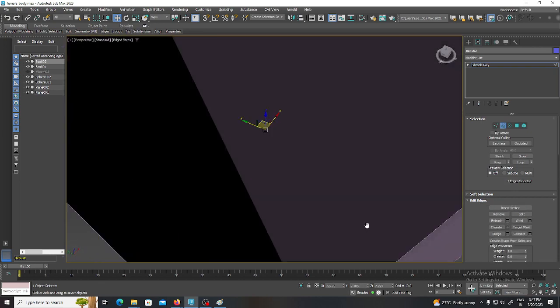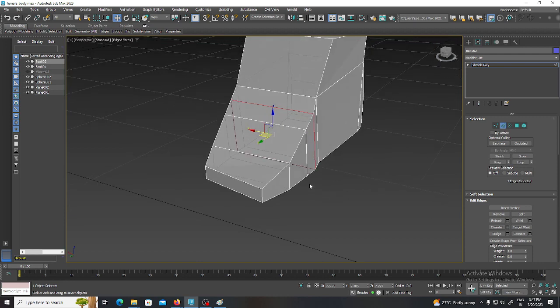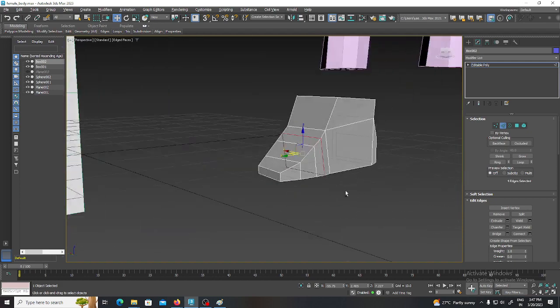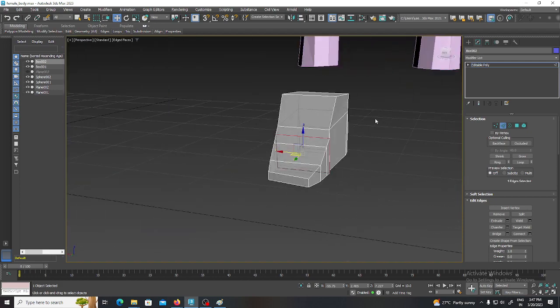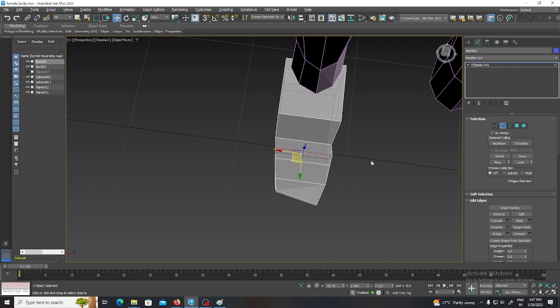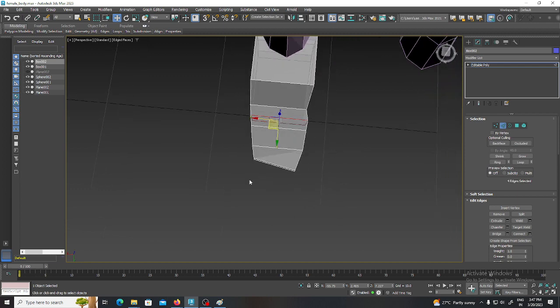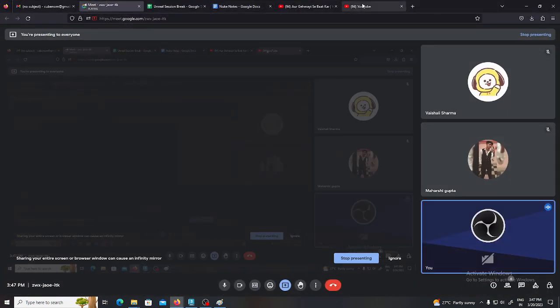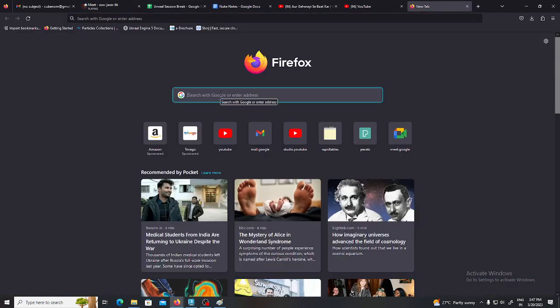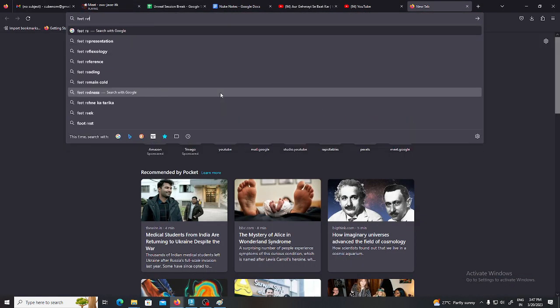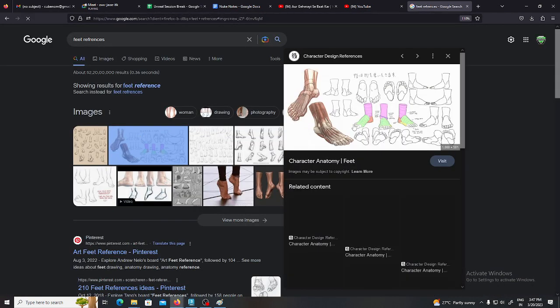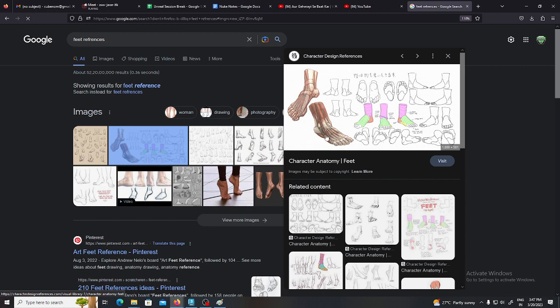And now we need to create this shape as a circular version, so that whenever we smooth this one, it will turn out to be an organic type of shape. And for the feet, we should see the top reference from Google. We can see the feet reference, so that you can get that this one is quite nice. As you can see, the muscles and the flows are there, and from the top you can see